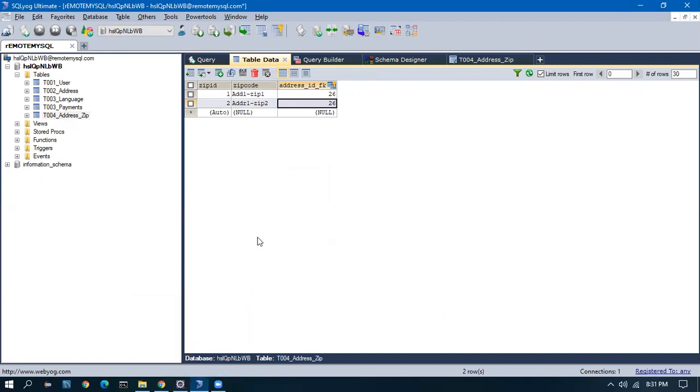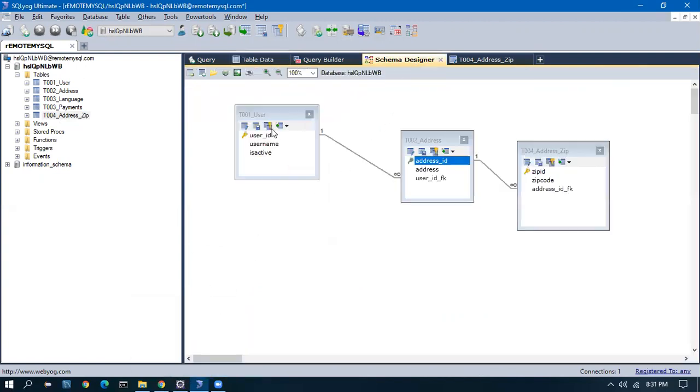So we saw an example of how to save with 3 levels. I am only saving the user. Hibernate takes care of automatically inserting address. You can have n number. You can have 10 tables. Now you know the power of using Hibernate, right? With 3 tables and all, it is very tough to do insert queries. You have to insert here, you have to insert 2 inserts here, automatically take the foreign key of this ID, update it here. You have to do 2 inserts, take the ID automatically and then update. That's a nightmare.